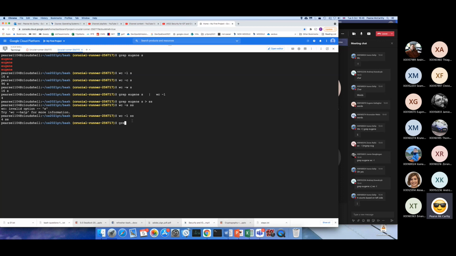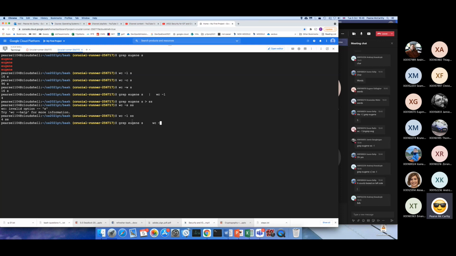So if we go grep Eugene S and WC -L. Sorry, I need to put the SS in. So I can do something to make those two things work on the same line. Yeah, I can do this and, right, which means do this in its entirety